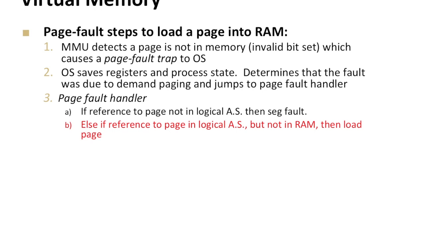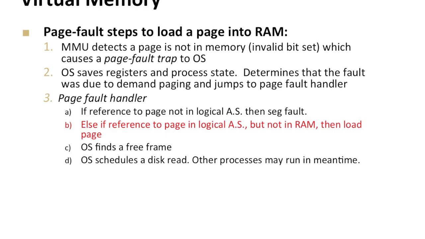Otherwise, if it's a reference to a good address and it's not in RAM, which is why we got interrupted, then we're going to load that page. How are we going to load that page? Well, we're going to have to find a free frame somewhere in memory, and then we're going to schedule a disk read to bring in that process page. We're going to bring in the process page that we needed,